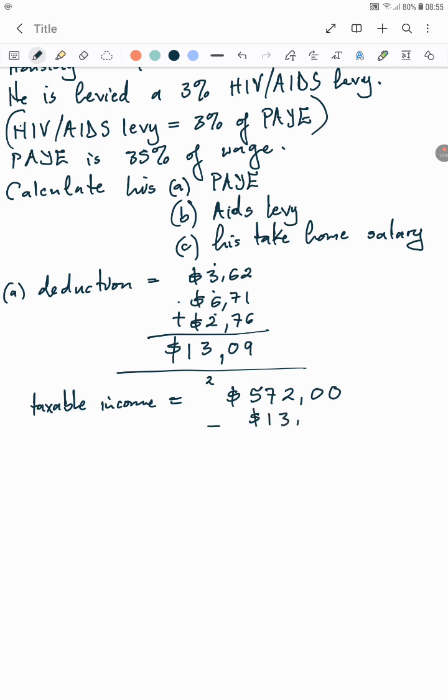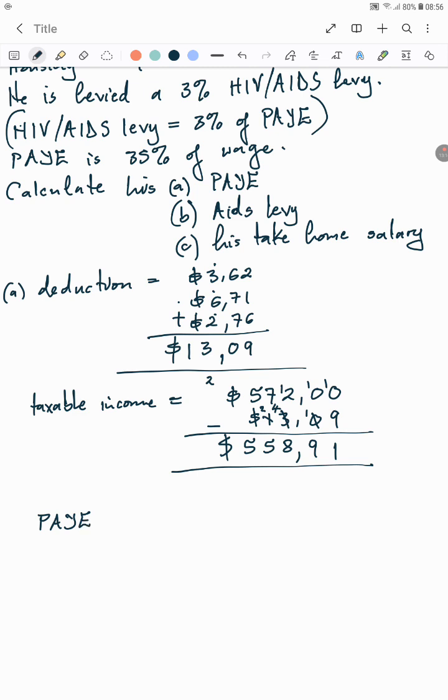That's 1309. Here you get 1. Here you get 9. Here you get 8. And here you get 5. And here you get 5. So you're going to have your taxable income is $558.91. Now you can calculate PAYE,